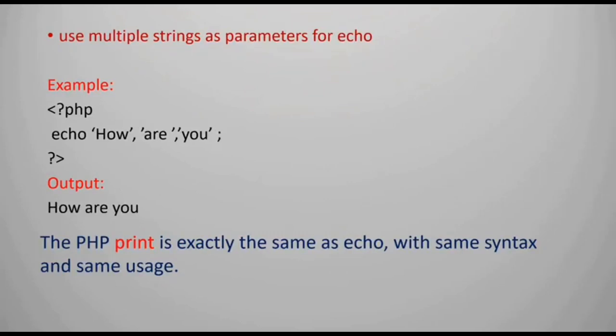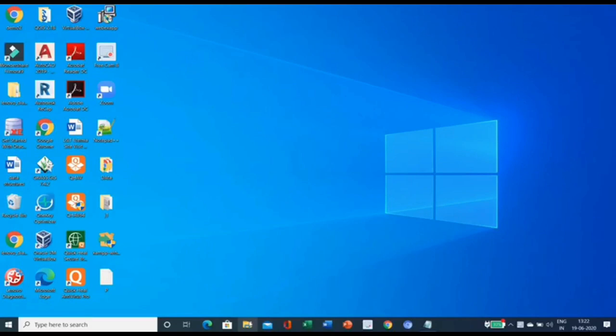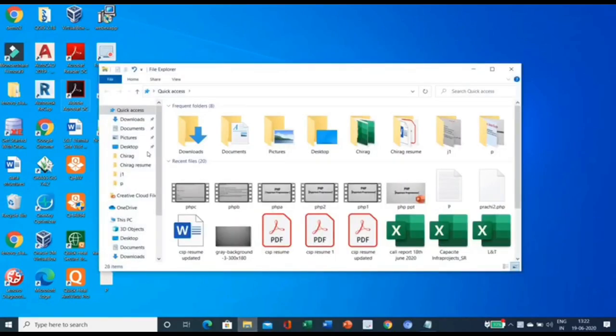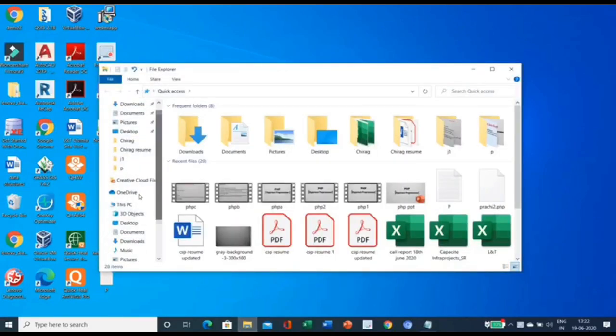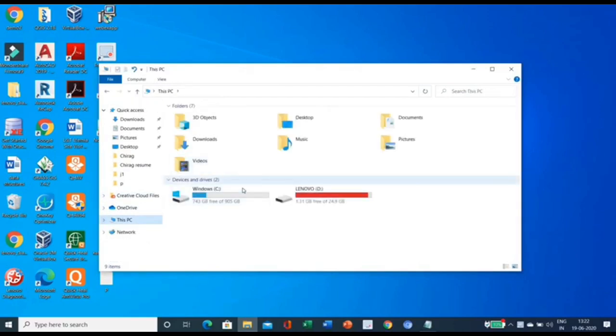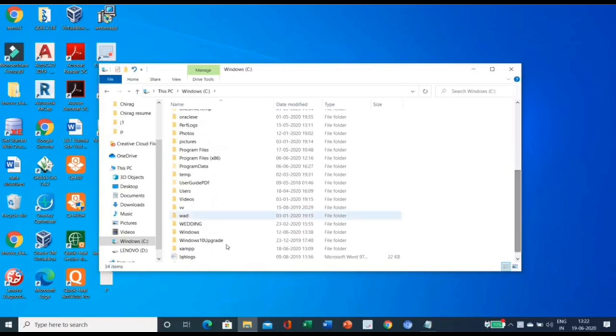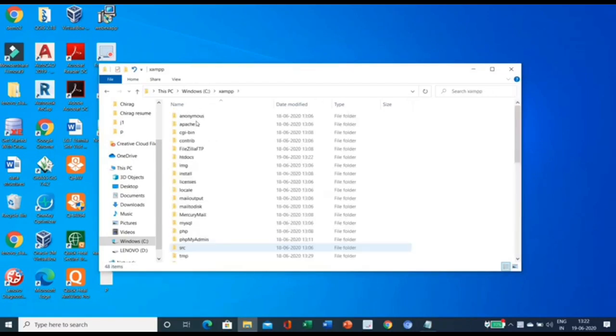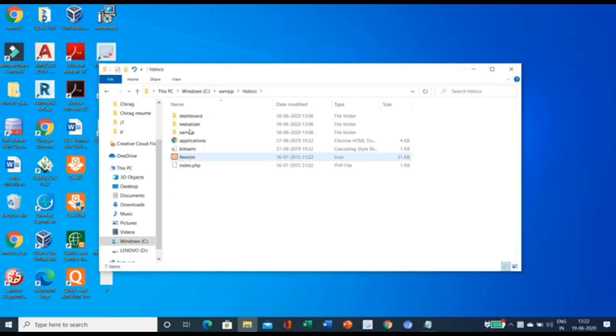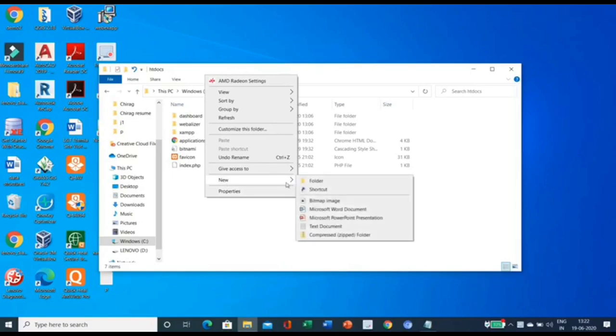Okay, so now let's look at an example, a very simple PHP script. For this, I have installed the XAMPP server on my system. Go to the C drive where we have installed it. In the C drive, you can find the XAMPP folder. Open that folder, then find htdocs. In this, create a new folder.